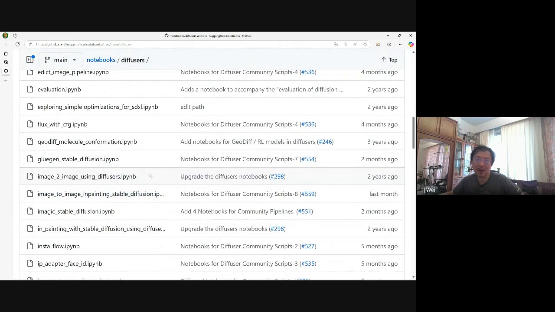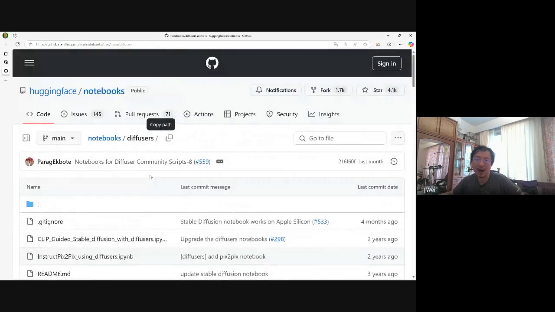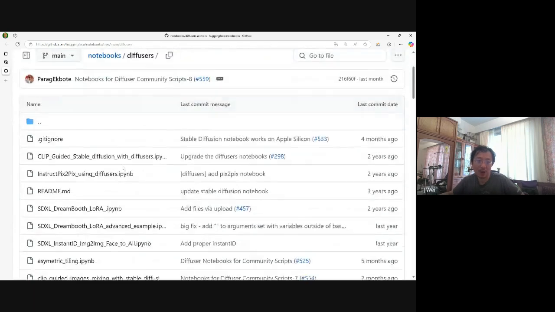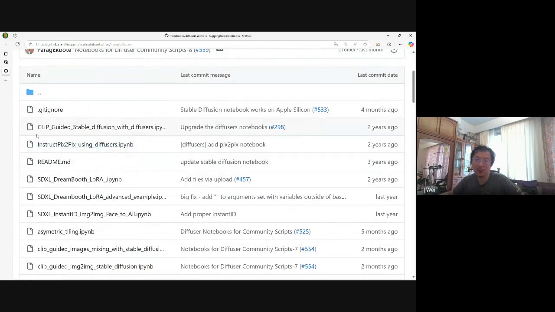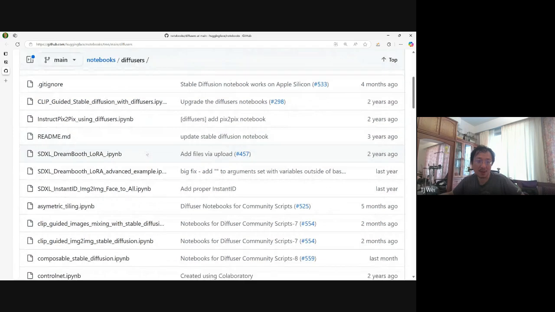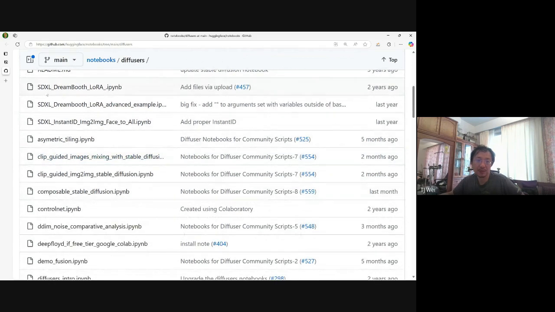So here is a collection of notebooks from Hugging Face diffusers, including, if you want to understand the CLIP guided method, a CLIP guided stable diffusion with diffusers, and also instruct pix2pix. Here there are a few different Dream Boost LoRA examples that you can find as a reference. We are using another one, but